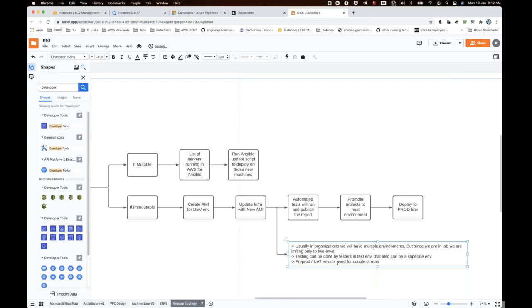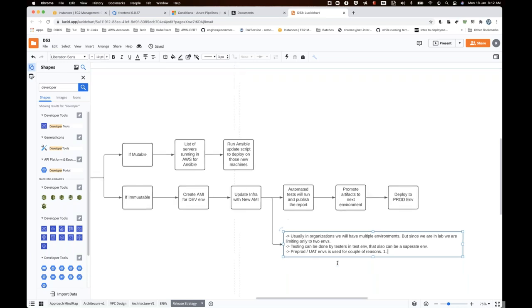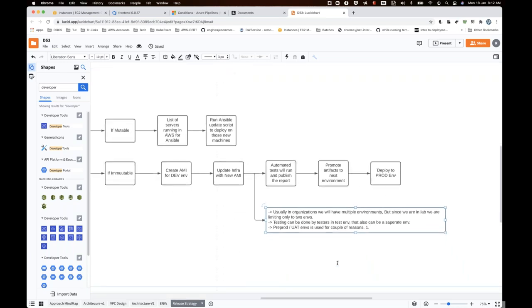Some of the reasons: the first one is to avoid the probability of failures. If I go to production, there might be surprises that come into the picture. I just want to avoid those surprises and see them beforehand.